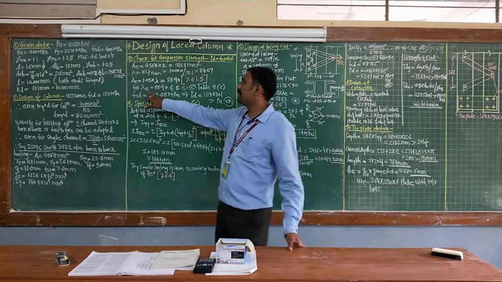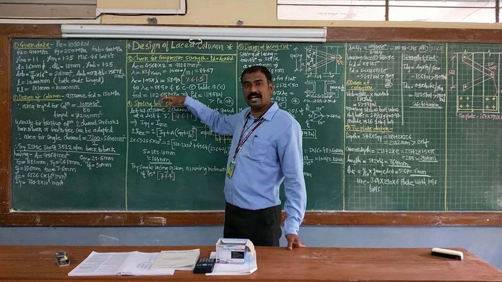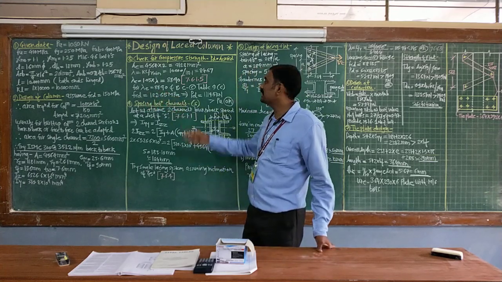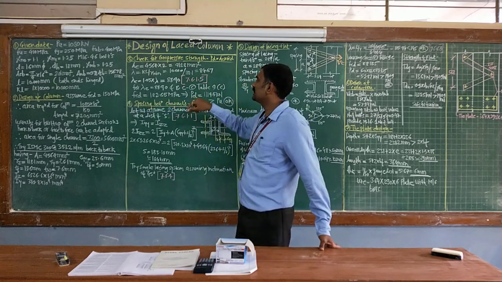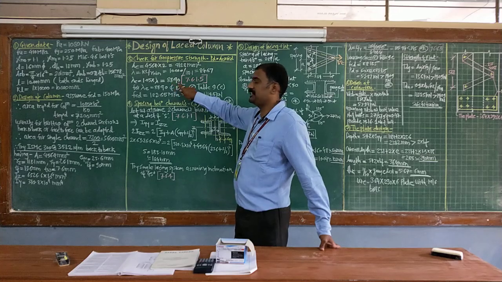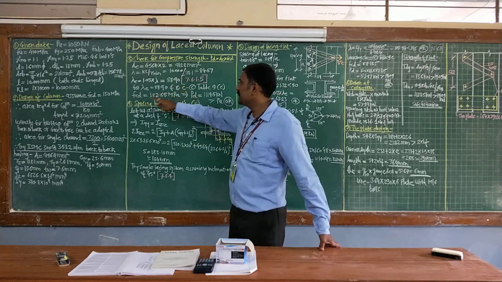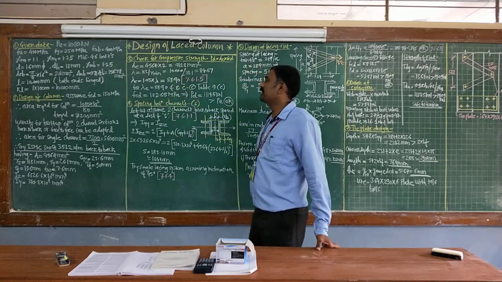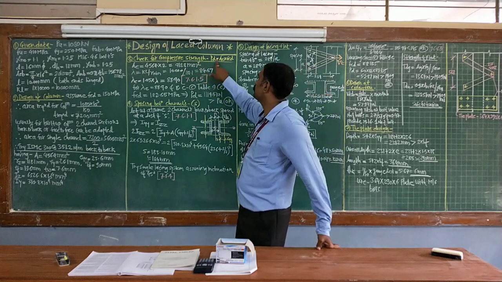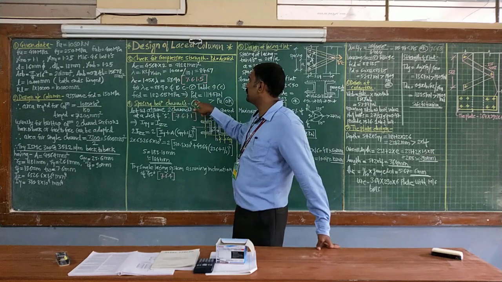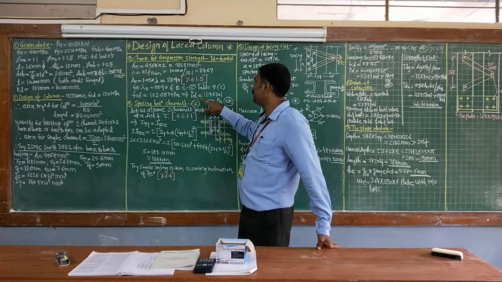So for lambda equal to 88.90, and it is a built-up section, therefore buckling class C, Table 9C, you get the fcd value by interpolation, as our value is in the range of 80 and 90. So just doing the interpolation, fcd value will be equal to 122.65, and your Pd calculation is equal to effective area into fcd. So just multiply, and you get Pd value equal to 1119.5.